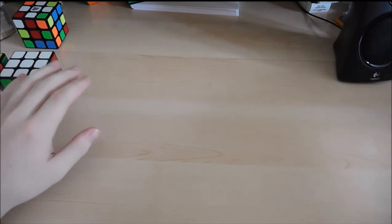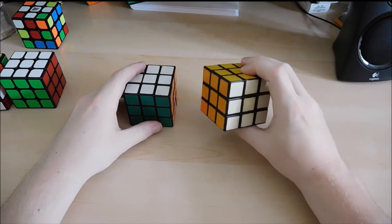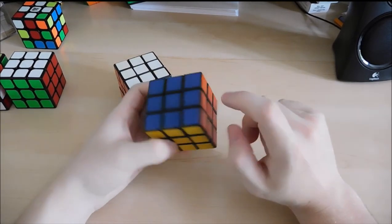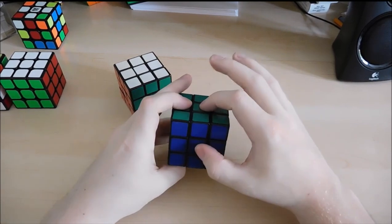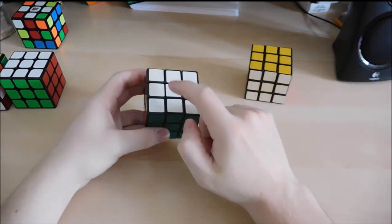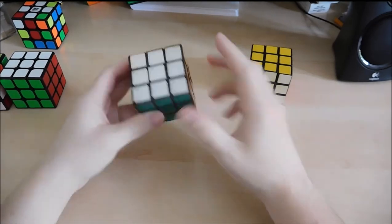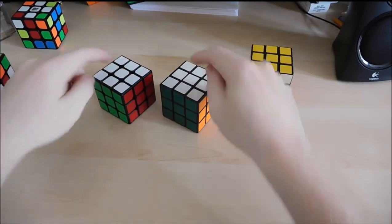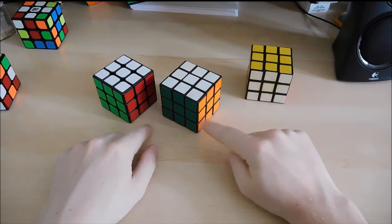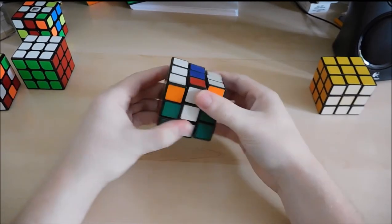For example, I have these 2 cubes from the 80s. And this one has white and green, yellow next to each other instead of opposite, and also green and blue next to each other instead of opposite. And this one does have the correct opposites, so white and yellow, orange and red, green and blue. But when you compare it, it has white at the top, green at the front, but orange at the right instead of red. However, the point that I was trying to make is when you completely scramble the cube,